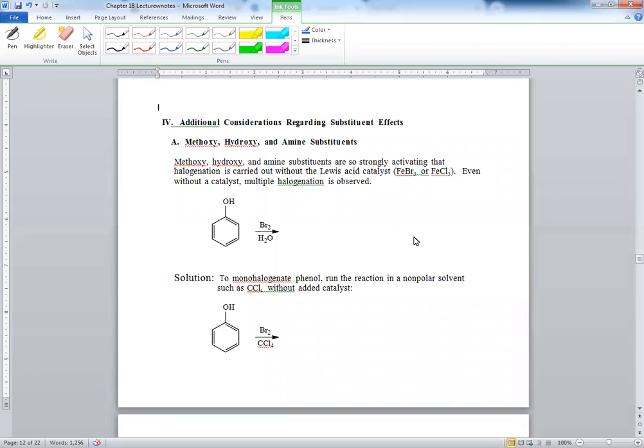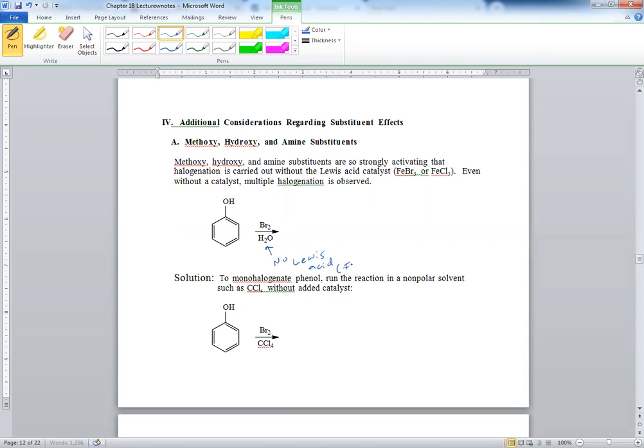So let's talk a little bit more about the substituent effects. If you have methoxy, hydroxy, and amine substituents, we're going to talk briefly about these, especially the hydroxy. Those are very strongly activating groups. And if you do a halogenation, even without the Lewis acid catalyst, you actually get multiple halogenation. So notice that there's no Lewis acid. That's usually the FeBr3,